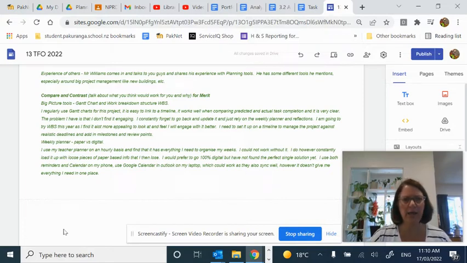Then with my weekly planner, I've talked about paper versus digital and done the compare and contrast with that. Now, I'm going to run out of time again with this one. So the next one we will talk about